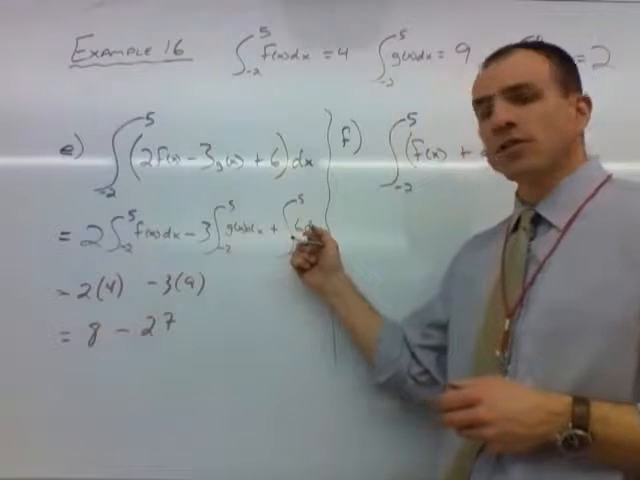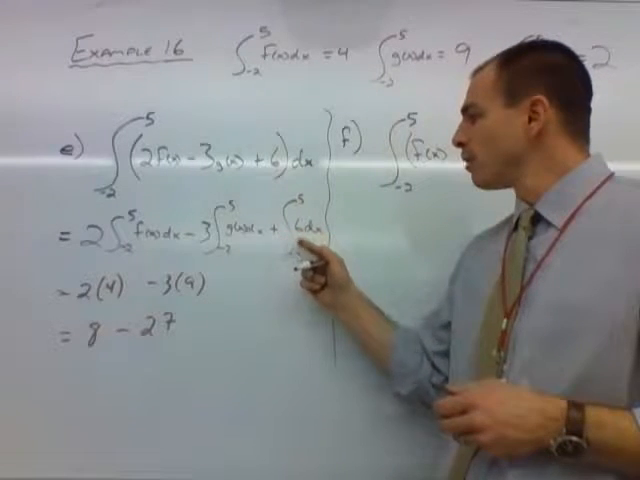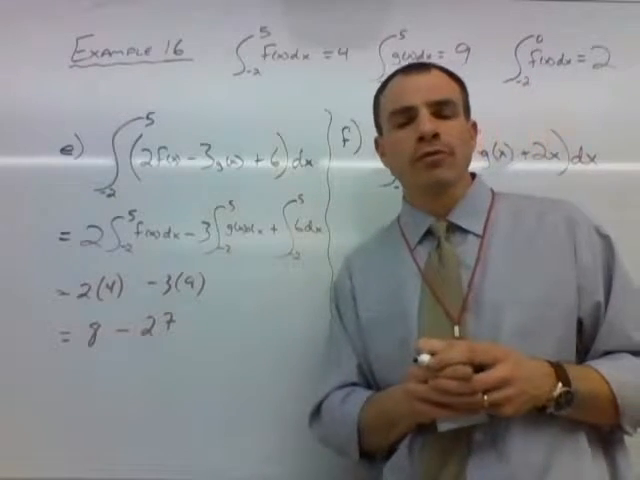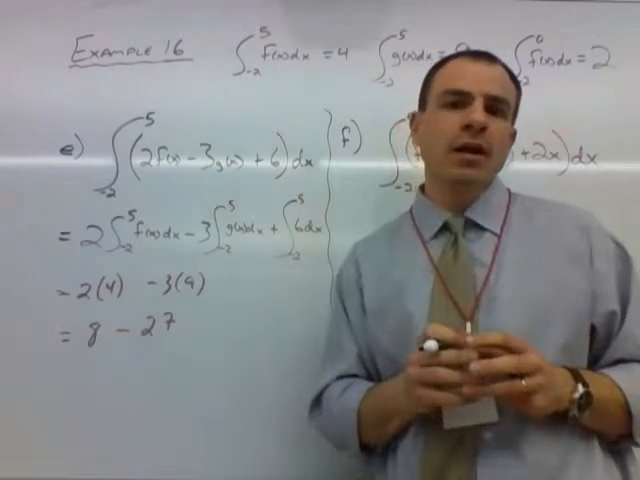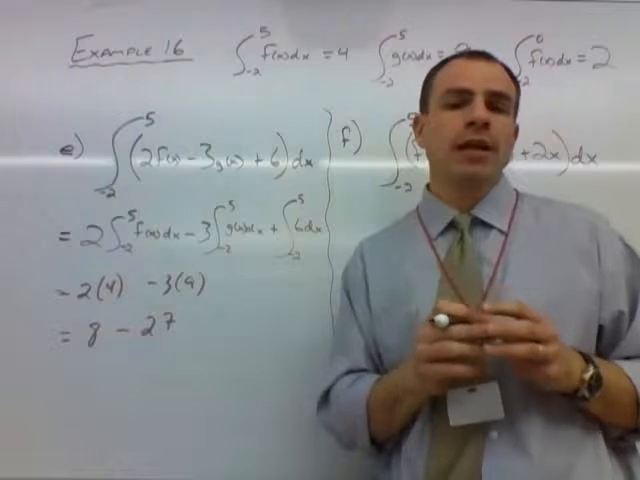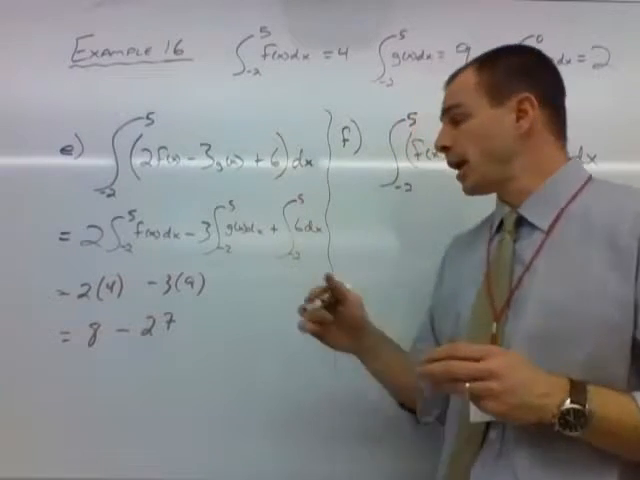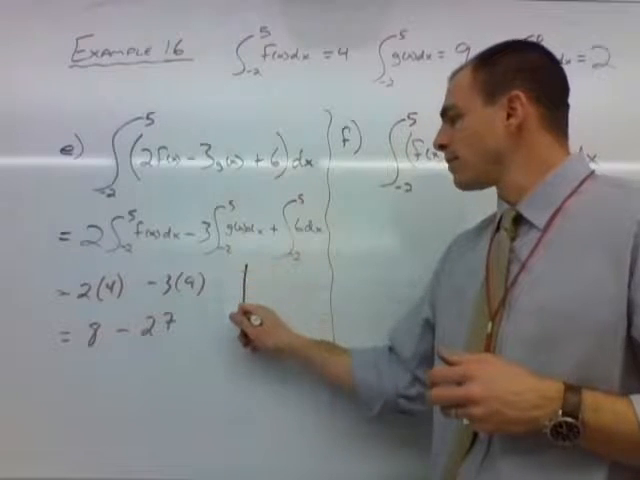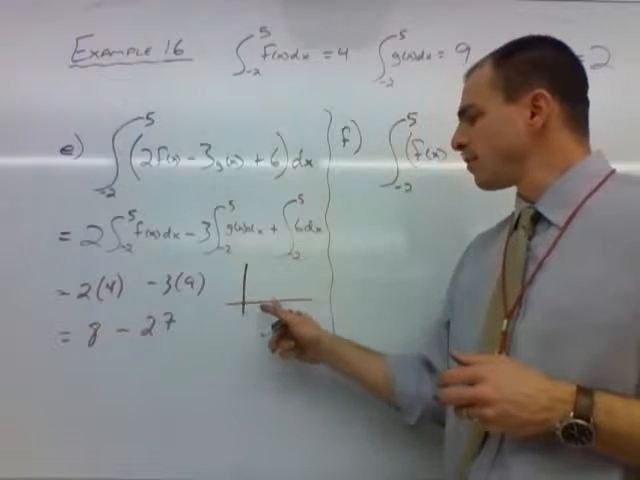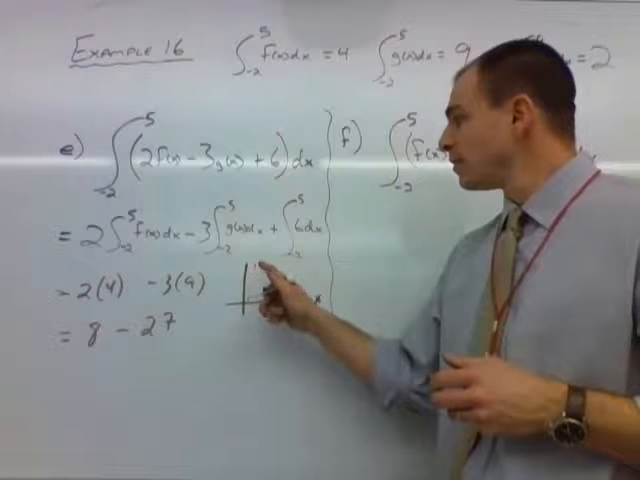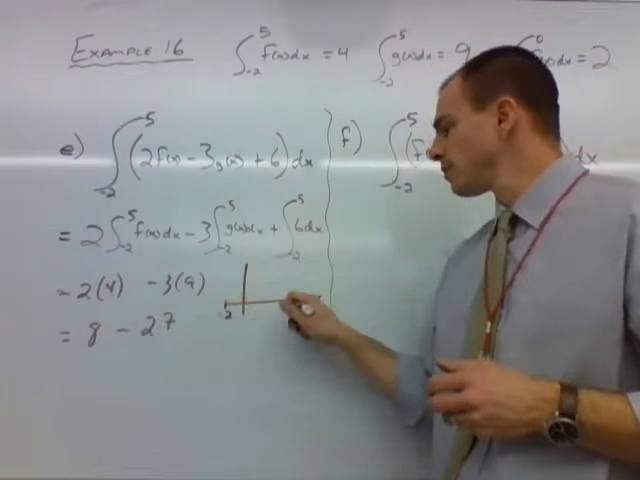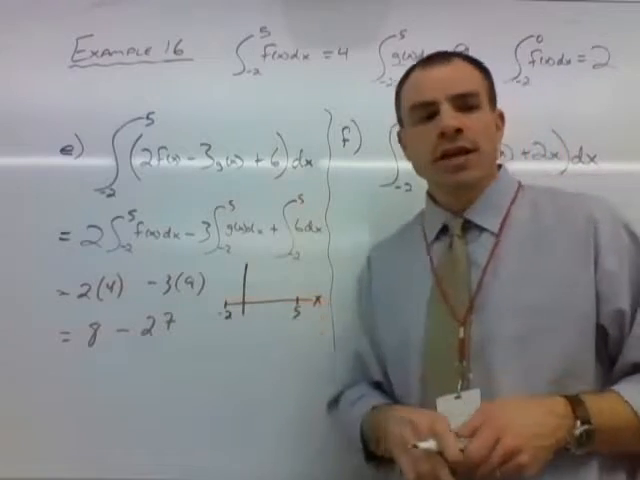Let's talk more about this third part here. We have the integral from negative 2 to 5 of 6 dx. Now think about what the definite integral represents. It's the area between the function and the x-axis from a to b. So let's have a graph here. All right. There's our x-axis, and we're starting at negative 2, and we're ending at 5. So here's negative 2 over here. Here's 5 right there, and we're going to graph